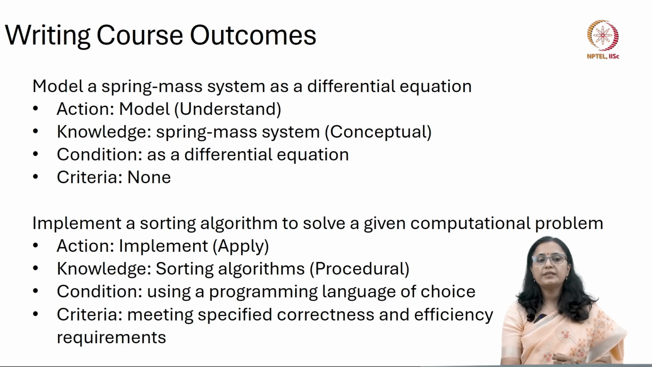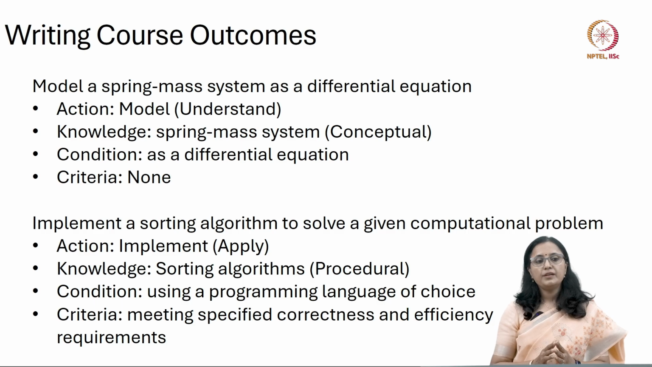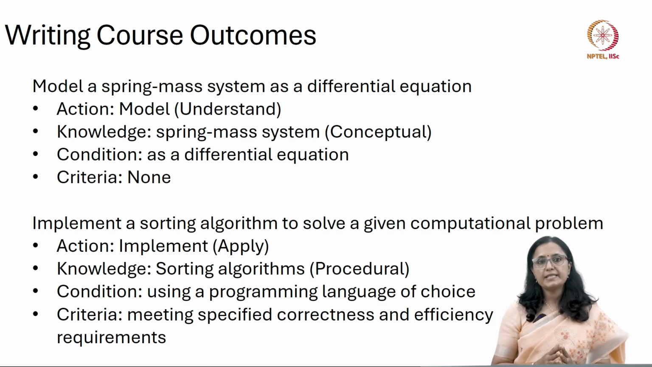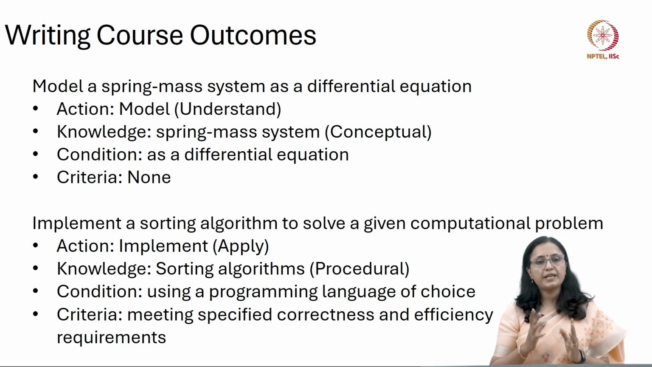For example, the first course outcome is: model a spring mass system as a differential equation. Now let us see the components of this course outcome. The first is action. What is happening? Modeling is happening, and modeling is happening at the understand cognitive level, because if a student is able to model, we can confidently say that the student has understood that